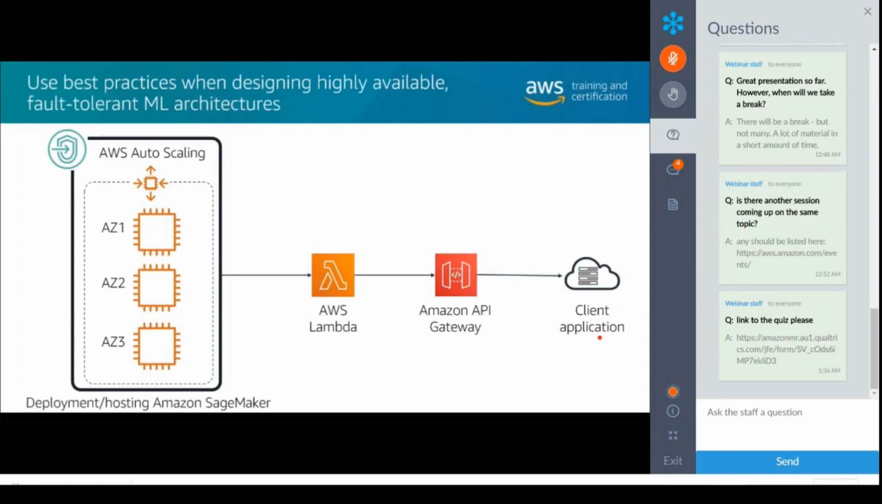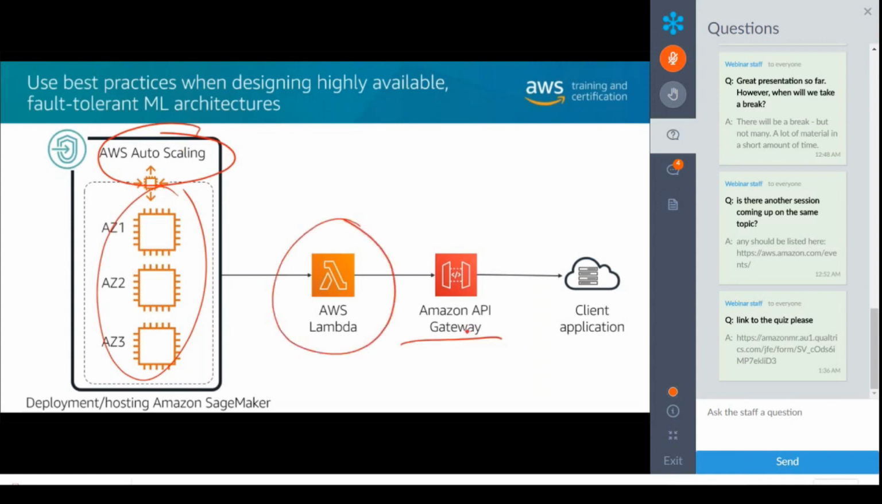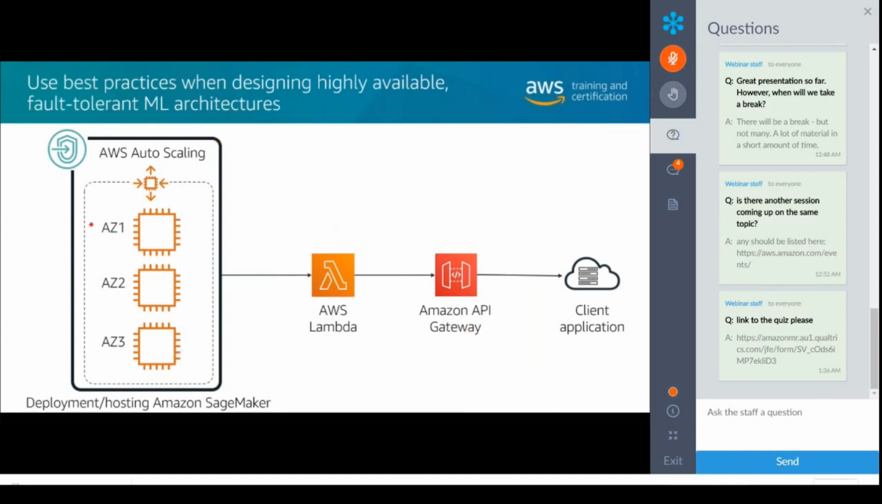So best practices when designing HA, consider auto scaling as a way to manage your endpoints. Use managed services like Lambda sitting behind API Gateway, because these are fully managed, right? You don't have to worry about HA in these cases. Otherwise, this is completely up to us to take care of. And for your endpoint, because you can use SageMaker for this, right? SageMaker is taking care of all this for you. So you're not